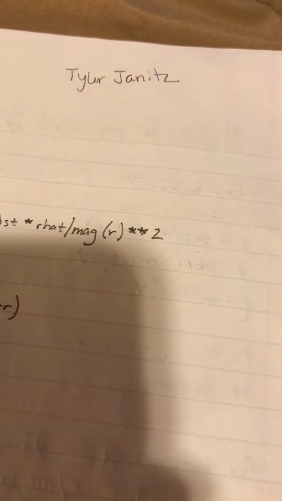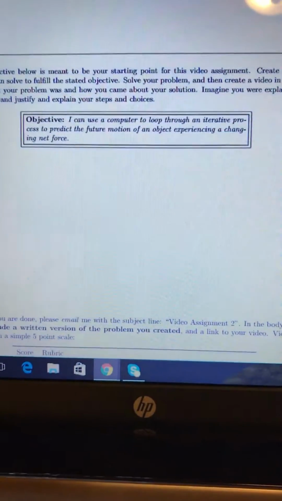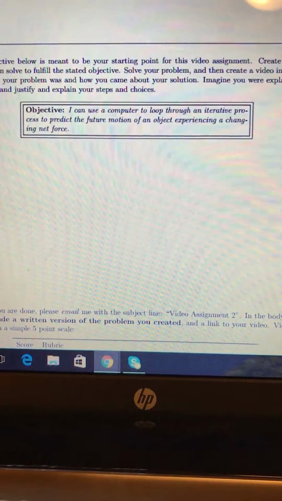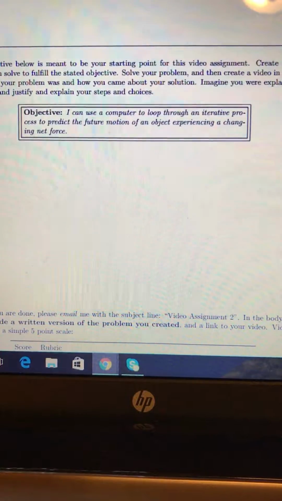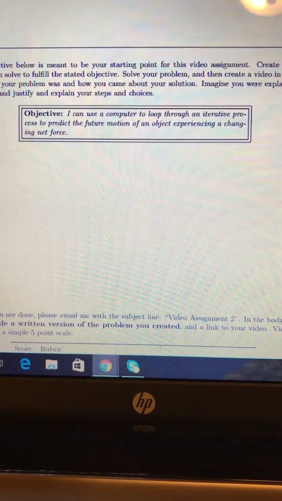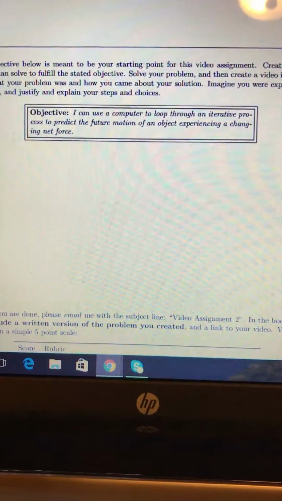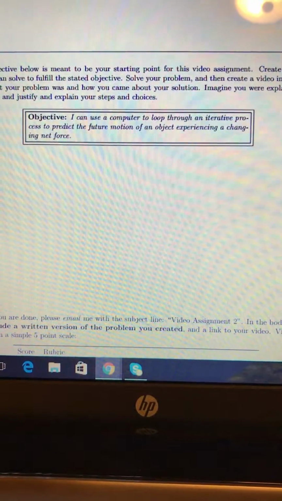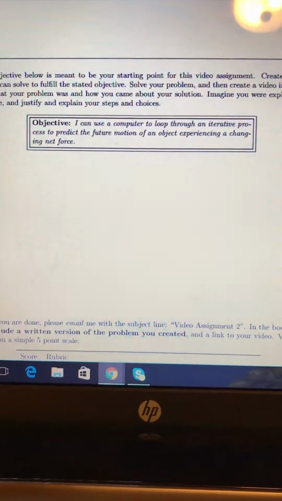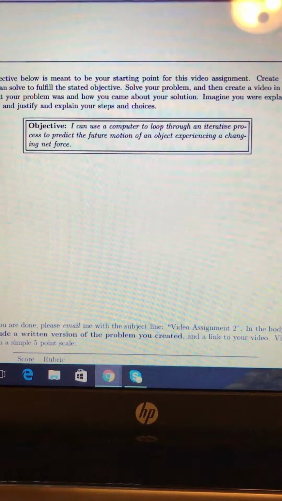Alright, my name is Tyler Janetz, and this is video homework 2, the objective stating that I can use a computer to loop through an iterative process to predict the future motion of an object experiencing a changing net force. So the first thing that I did in this problem was create my own problem that I can use to